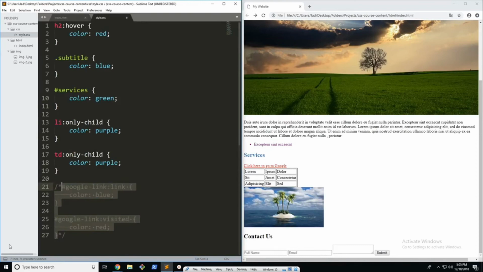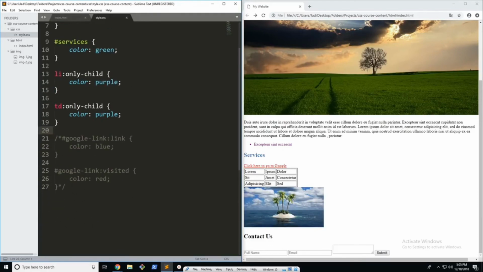You can do this with Control/, just like that. So if you type Control/, it comments it, which pretty much just renders it useless. It doesn't run or anything like that. Let's get started. So the first thing I want to do is go ahead and set this up. So I want to be able to apply styles to every A tag or anchor tag that comes directly after an H2. So the way to set this up is all you have to do is go the element that you want to